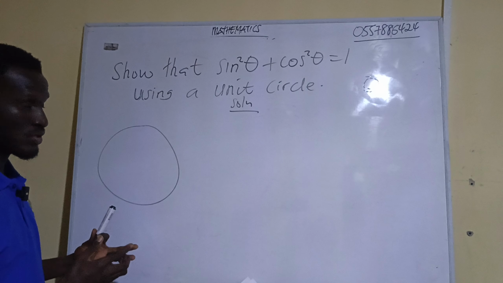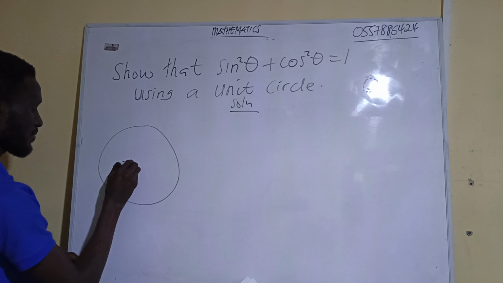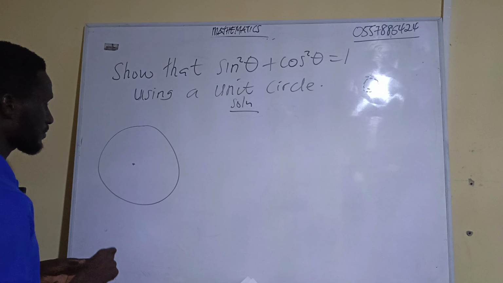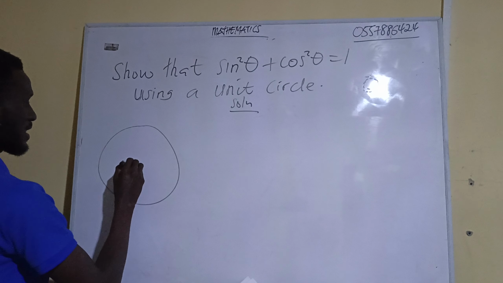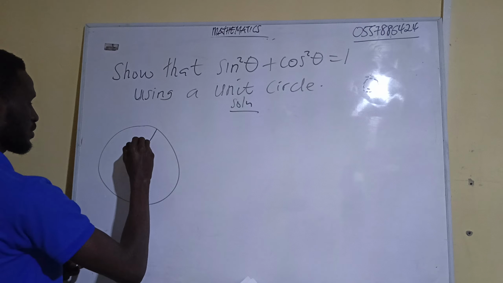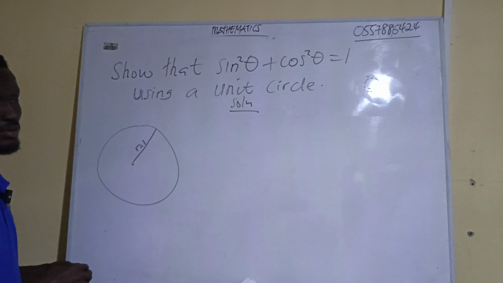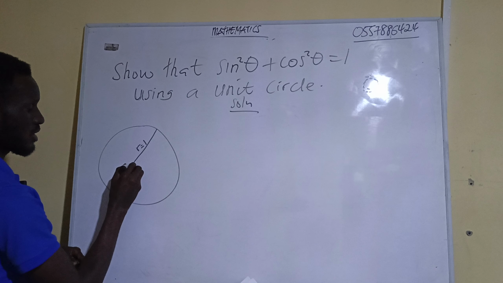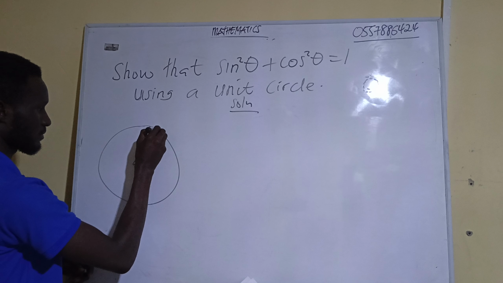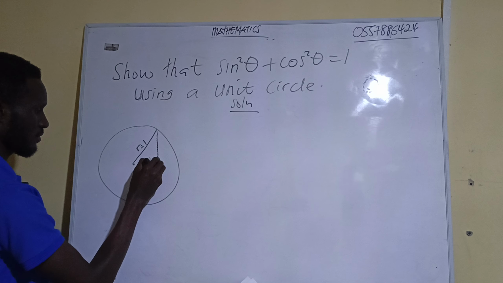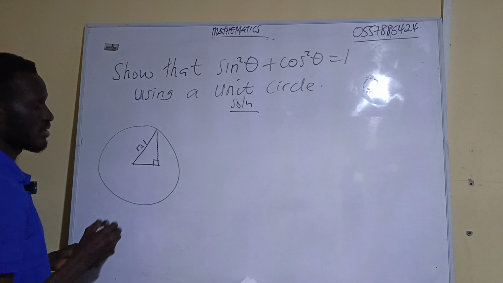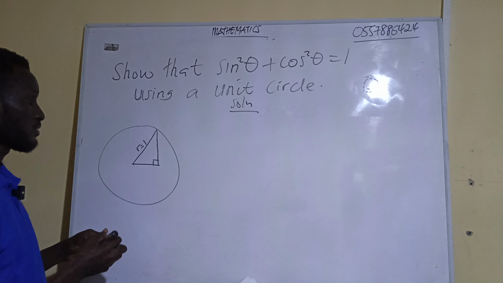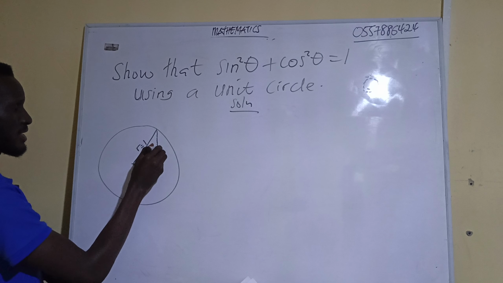Now, this circle has a radius of 1. So let's say this one is the center of the circle. From here to here, the radius is equal to 1. Now, let me resolve this particular question to get a right-angled triangle. This one is a right-angled triangle. Now, let me consider this side to be x and this side to be